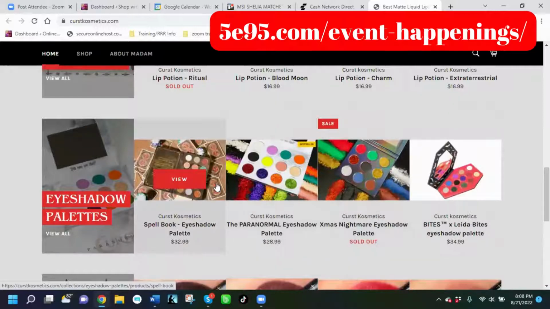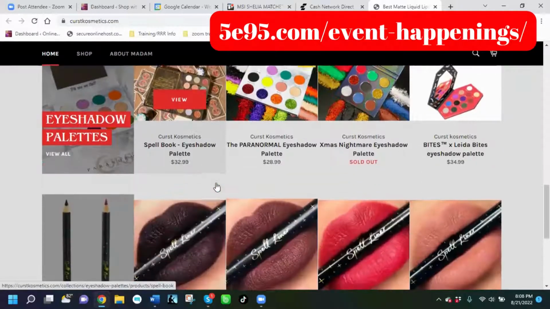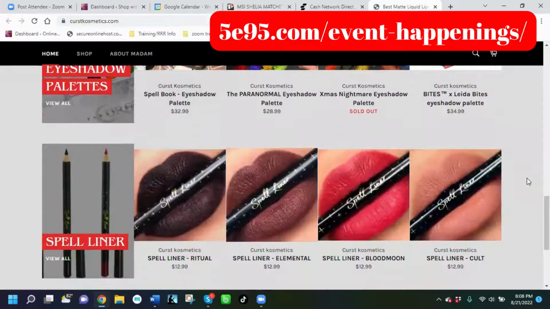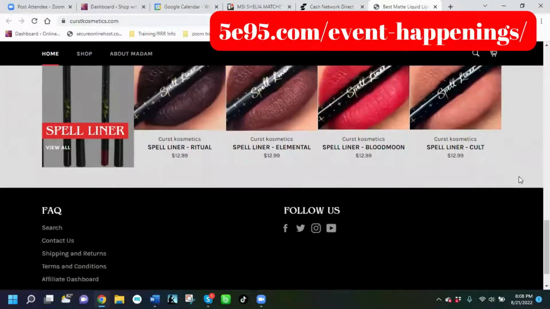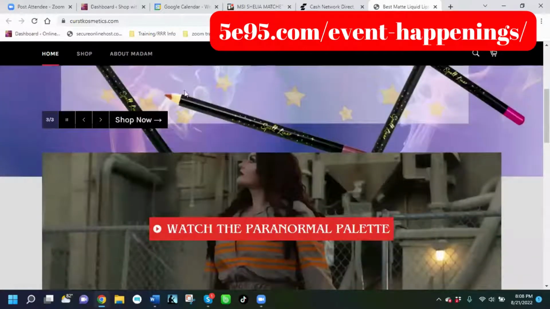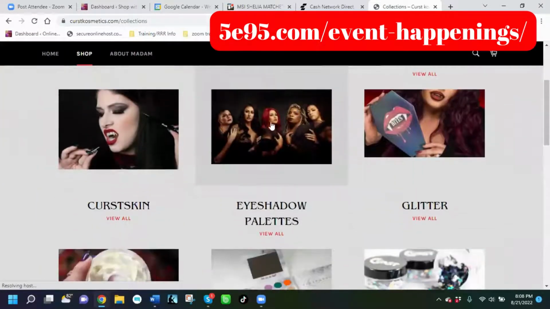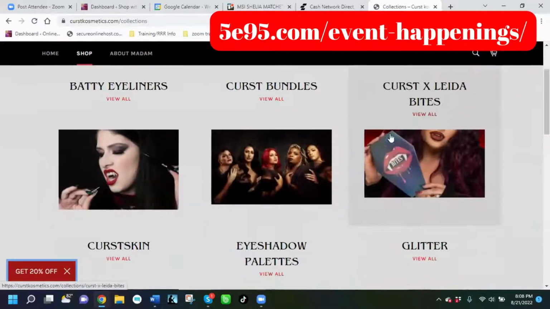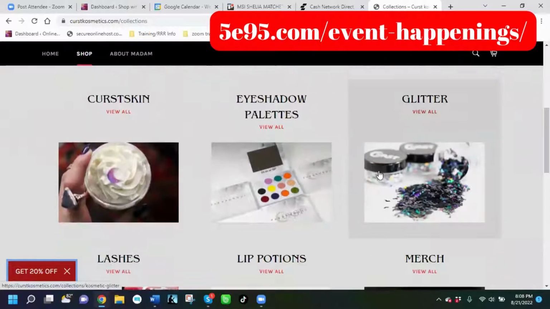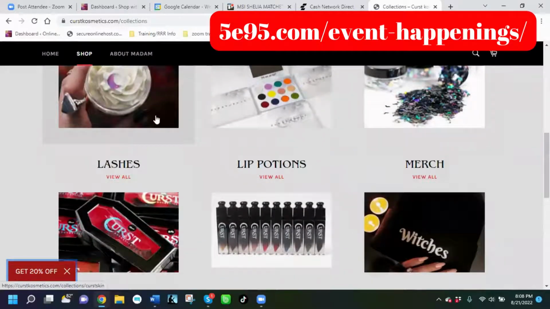And it's not really a lipstick so much as it's a lip tint, which I like even better because then it doesn't come off as bad as a lipstick. But it has all this different stuff in here. And you can go in and click each one. You can go in and do the shop. You can go in and see, they have the liners. They have the bundles you can get. You know, this is something new, I guess. I haven't seen that one yet. They even have glitter, you know,